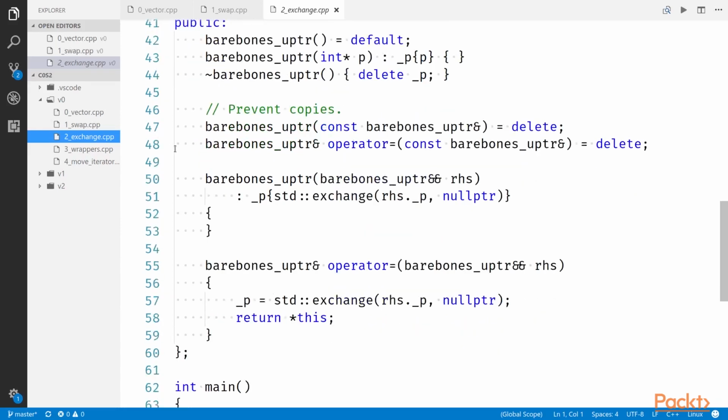Now, you can see how std::exchange is really useful in making the code more readable and terser when dealing with move semantics. The move constructor of our unique pointer will change its own stored internal pointer with the right-hand side's pointer, and will also set the right-hand side's pointer to nullptr to prevent the memory from being freed twice. And std::exchange captures the semantics of this operation